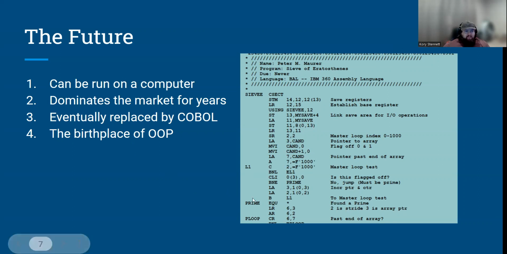This thing had branching statements. It has labels, as you can see, L1, prime, P loop, like those are things to go back to if we're branching or looping. And this programming language actually dominated the market for years. I believe by 1989,